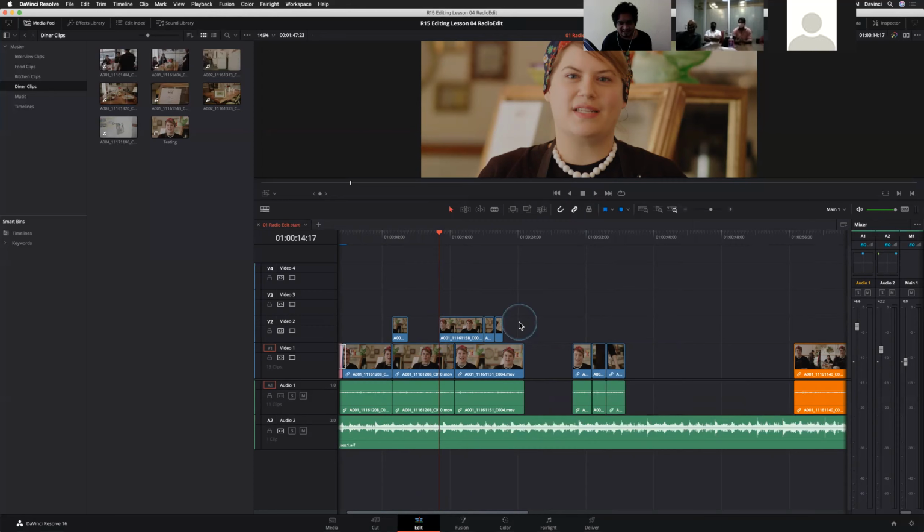Okay, there is one option. I don't think you people find this option in Final Cut Pro 7 or in Premiere Pro. I'm not sure. We are able to select multiple edit points also, like when you have some layered kind of thing here. If you want to select all the edit points, is it possible in any other editing application? Yeah, in Premiere, maybe. I'm not sure about that.